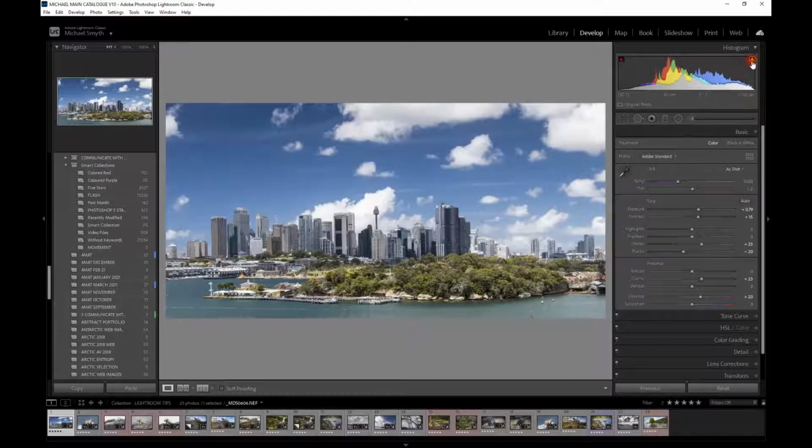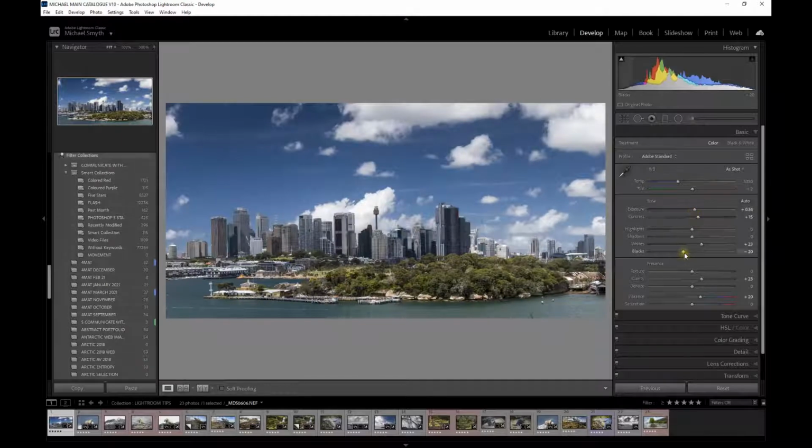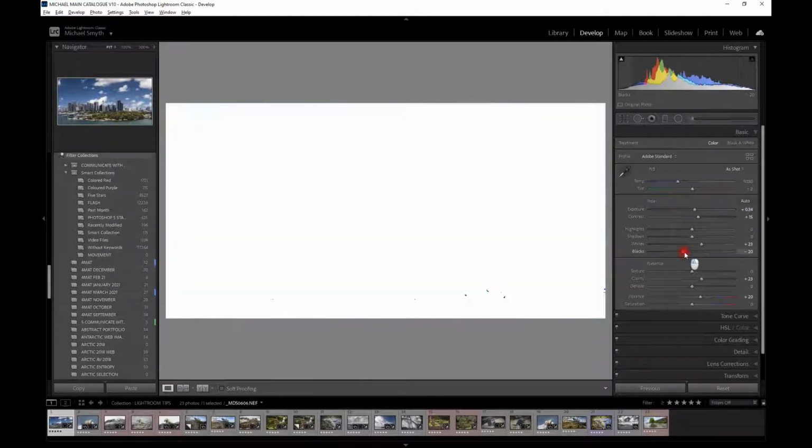you can also use this triangular push in button on the top, but it's very hard to see where it's going to clip. There's a little bit of clipping down here, but you'd be hard pressed to see it. So if we just use the Alt key, we get a much clearer view of where it's going to start to clip. And likewise, if we are looking at our blacks and white sliders, hold down Alt, we can see